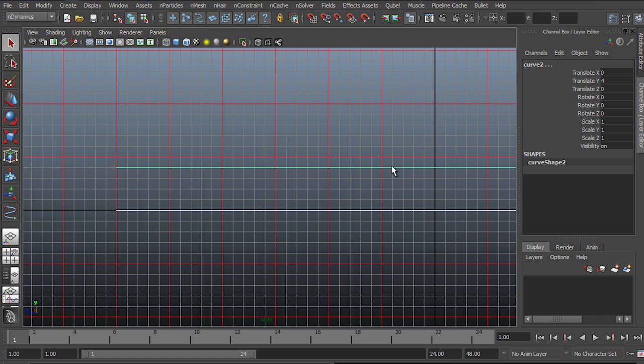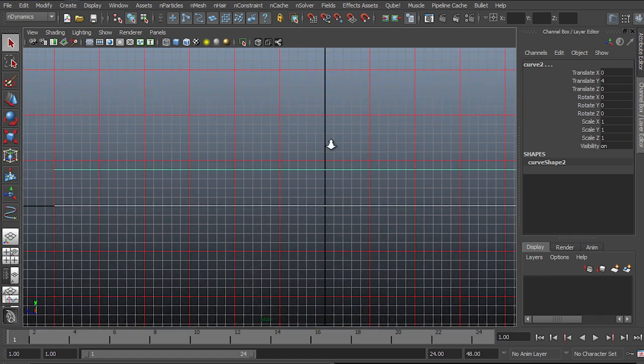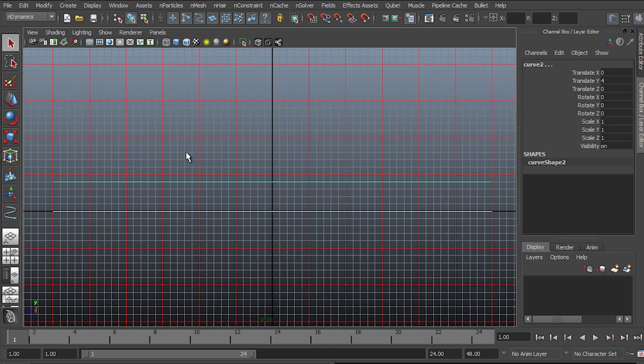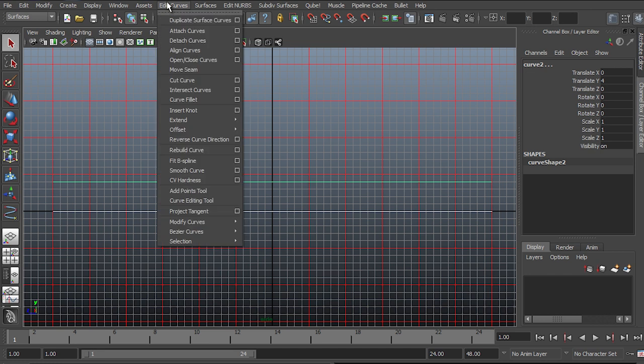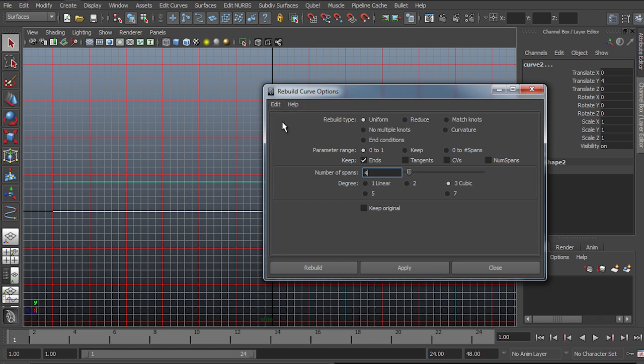Now, in order to place the number of CVs that I want along this curve is very simple. I can do what's called rebuilding the curve. Now, if we change the menu here to surfaces, we've got the edit curves menu. If I just drop down here, we have rebuild curve. I'm just going to bring up the options on that and just reset them back to the default. And you can see the default here is to rebuild the curve uniformly, and it's going to rebuild it with